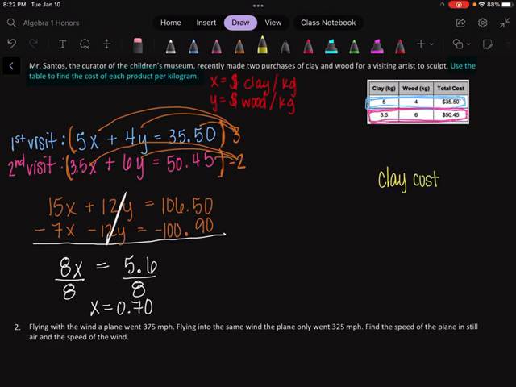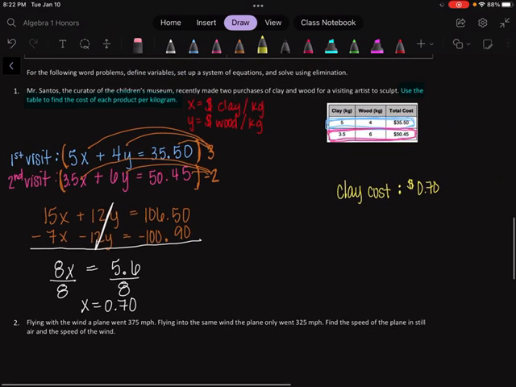cost is 70 cents per kilogram. Or on your formative, I might say, what is the cost of clay per kilogram? And you would just need to put $0.70. If you put 0.7, it will be wrong because it's money we're talking about. We don't have 0.7 cents. It's 70 cents. It's actually cheap for clay because it's an outdated